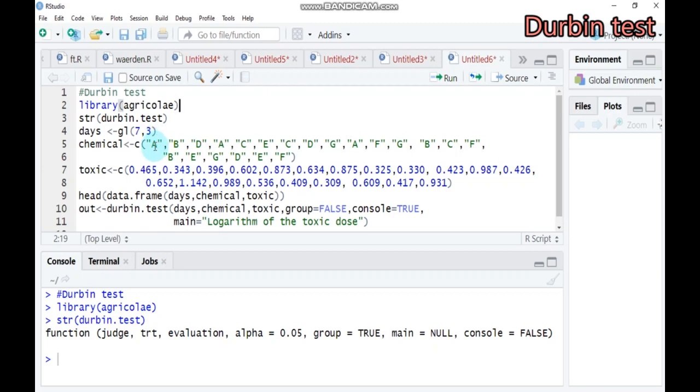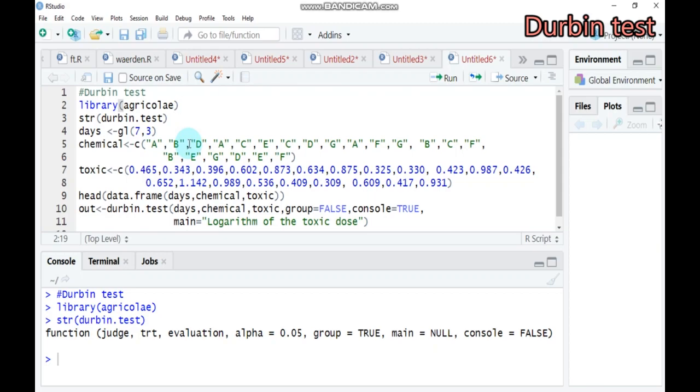For example, A, B, D is one at a time, and again A, C, E, then C, D, G, A, F, G, B, C, F, and here also B, E, G, and D, E, F. So you have 7 treatments, and among those 7 chemicals,